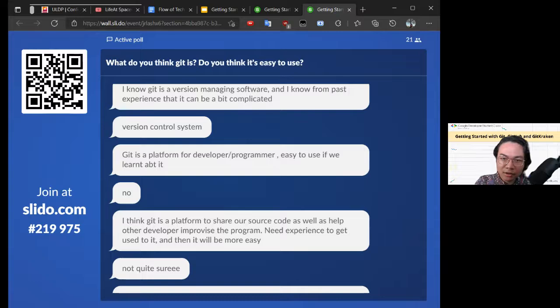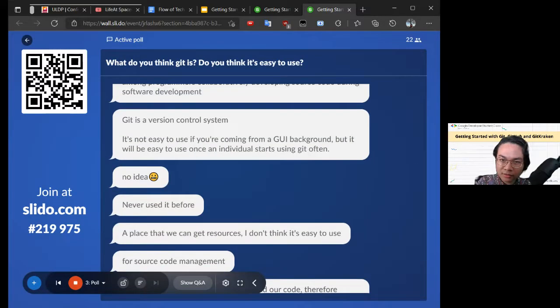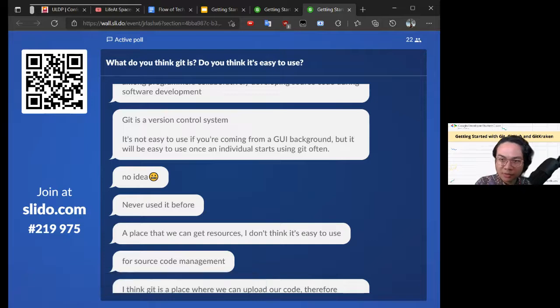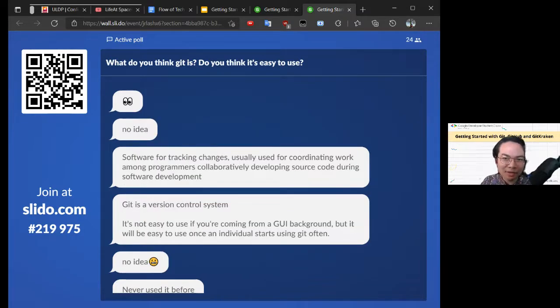All right, not a lot of people know. Yes, it is right. Technically, it is a source code management, but it's more of like a team collaboration thing. But I won't answer that because I'm not the speaker for today. I'm just your MC. Your speaker for today is coming up soon, but we'll just go through a few more questions and answers on this